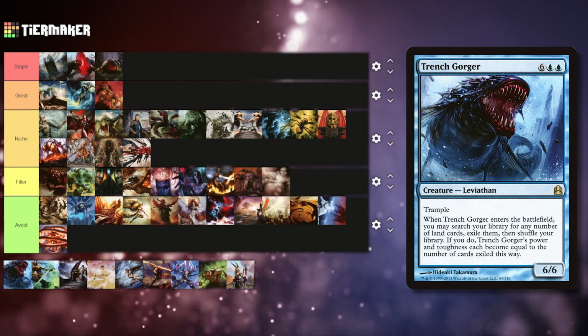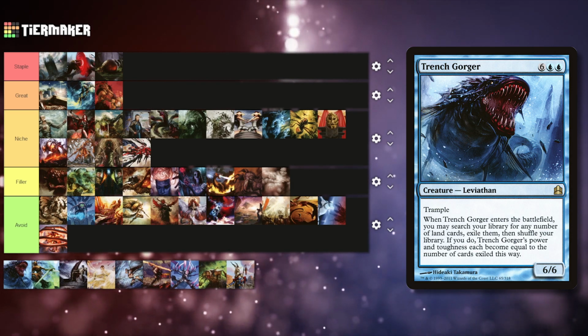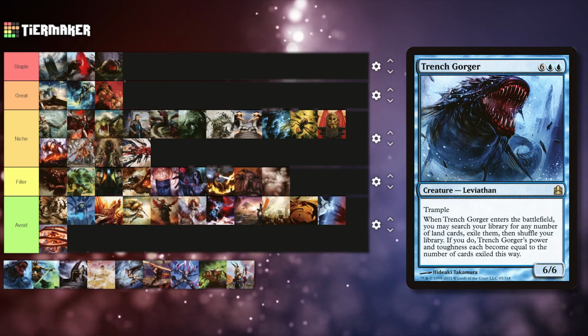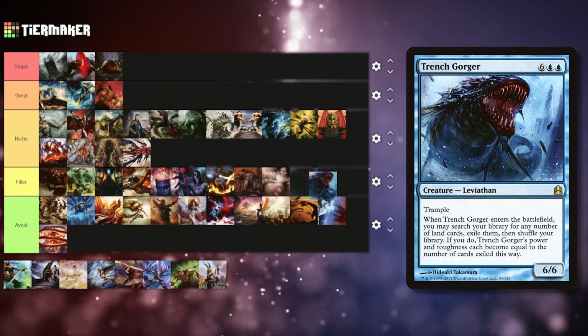Next up is Trench Gorger. This is an 8 mana 6/6 with trample. When it enters the battlefield, you search your library for any number of land cards, exile them, then shuffle your library. If you do, its power and toughness become equal to the number of cards exiled this way. All right, this is going at the tail end of...